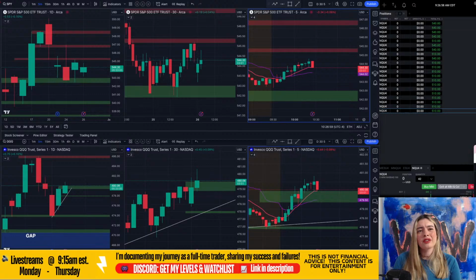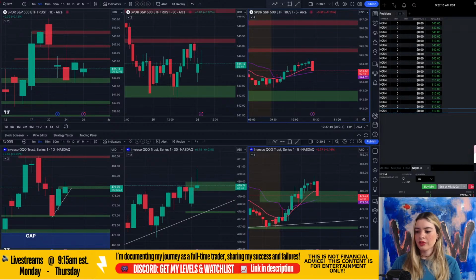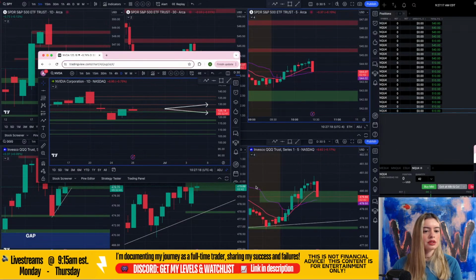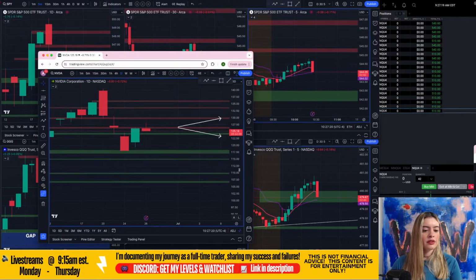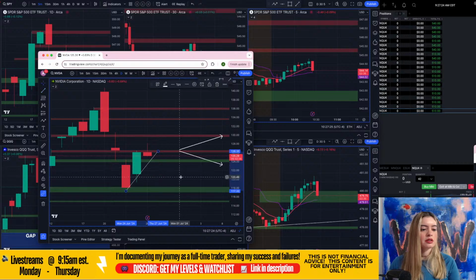And I do think the market needs a pullback. On the daily, it looks like a bear flag, NVIDIA. But it doesn't matter what I think. The only thing that matters is what the chart is telling us. This is the daily on NVIDIA. It kind of looks like a bear flag here, guys. So